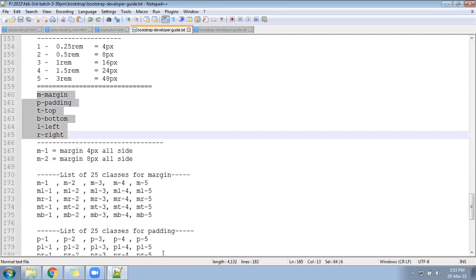These classes I have shared in your chat. Please copy those classes and add them in your developer guide. I will guide you through what 1, 2, 3, 4, 5, 6 mean, and then we can create examples.